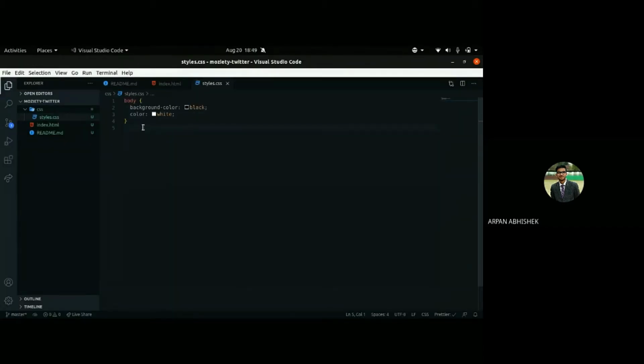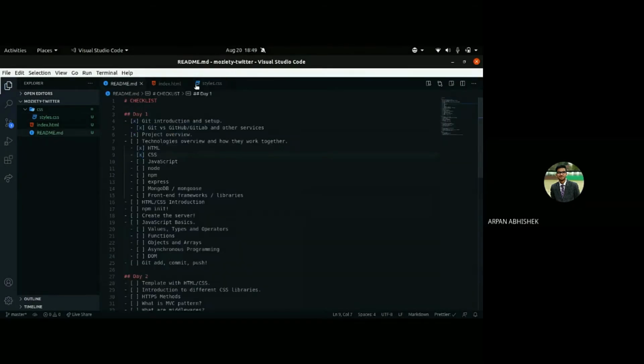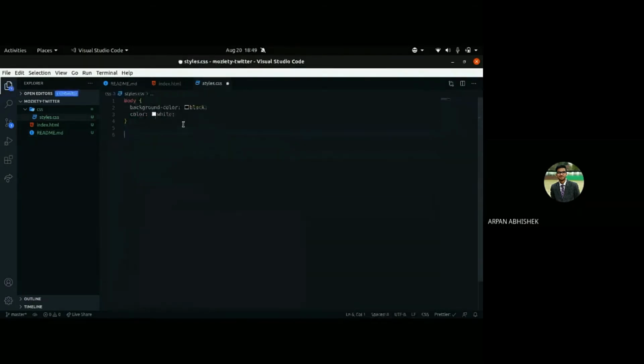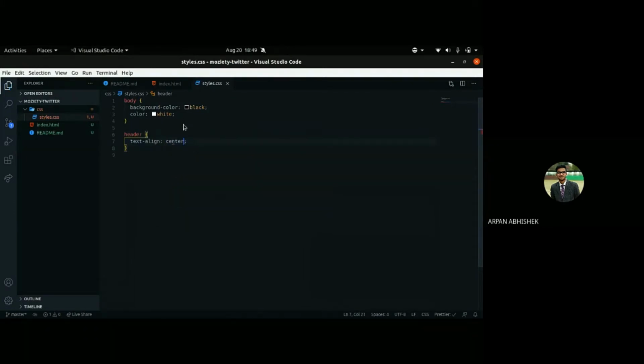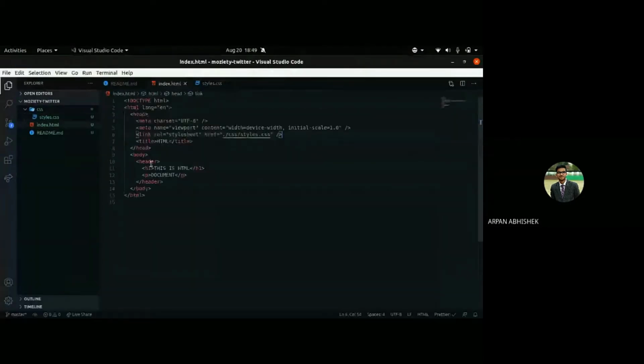All right, so we can select header and do text-align center, and it should align it to center. All the text that was inside the header got aligned center.